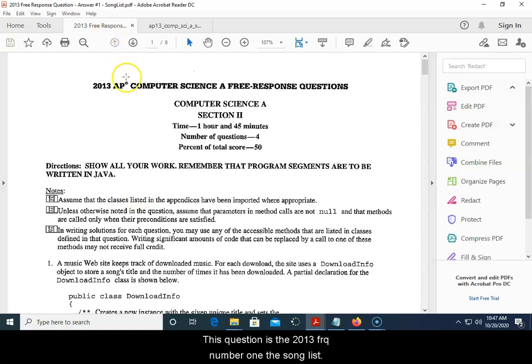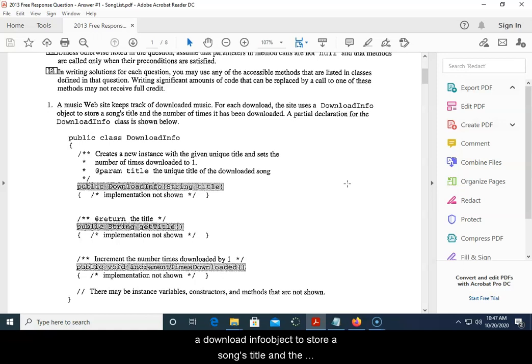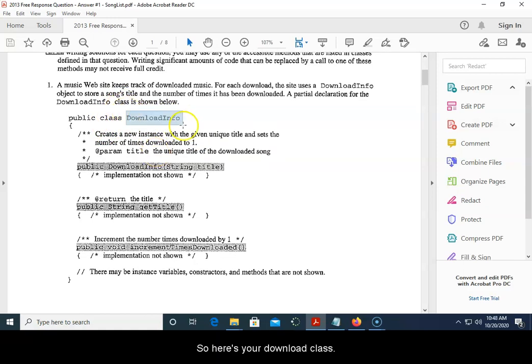This question is the 2013 FRQ number 1, the song list. It says a music website keeps track of downloaded music. For each download, the site uses a DownloadInfo object to store a song's title and the number of times it has been downloaded. A partial declaration of the DownloadInfo class is shown below. So here's your DownloadInfo class